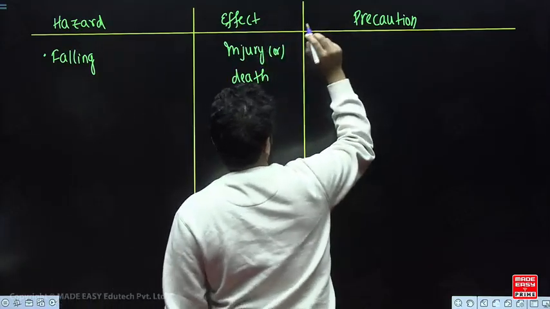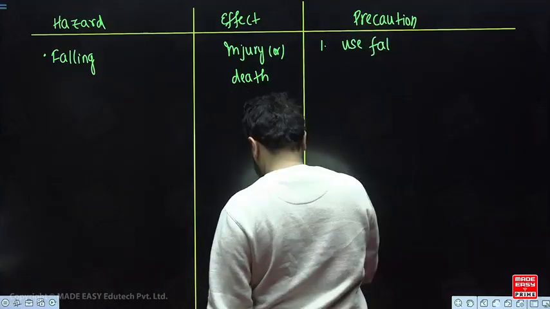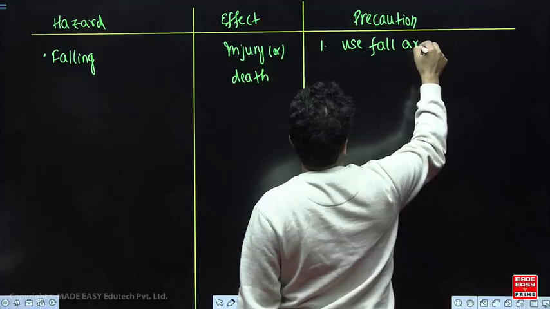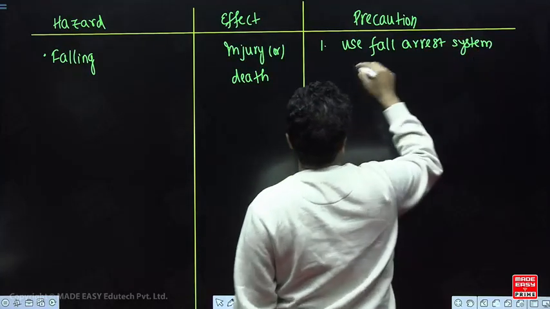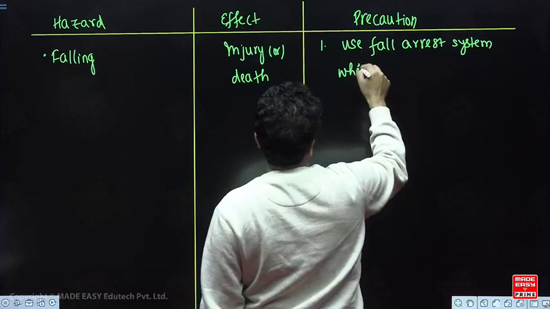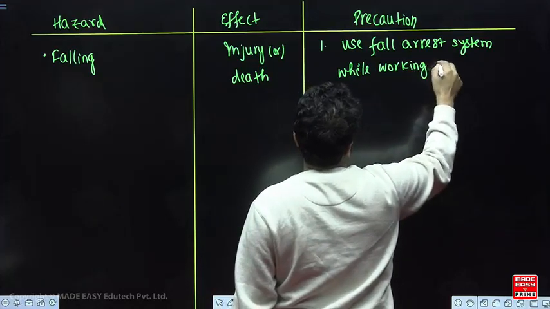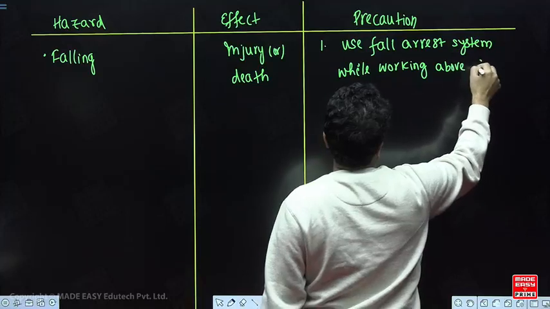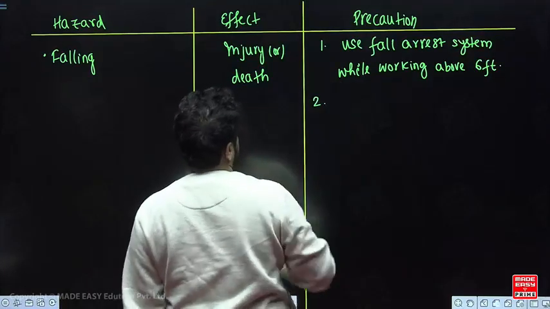प्रिकॉशन, पहला, यूज, ओके, फॉल अरेस्ट सिस्टम while working above 6 feet. 6 फीट के हाइट से आपको फॉल अरेस्ट सिस्टम पहनना अनिवार्य है।